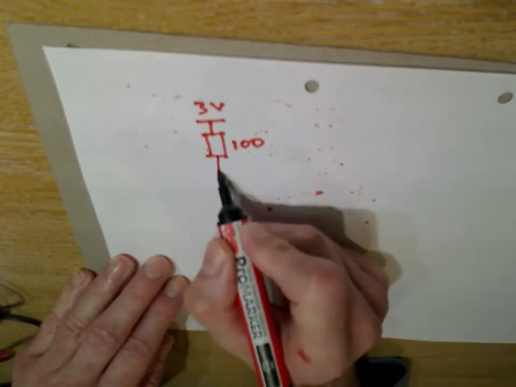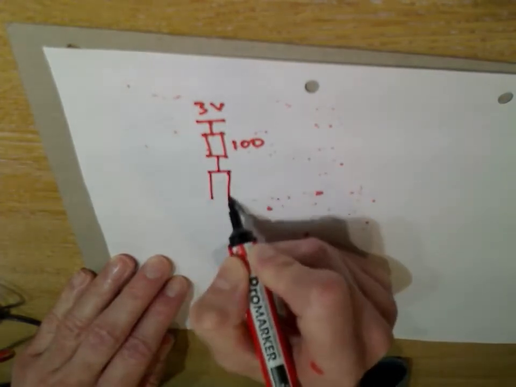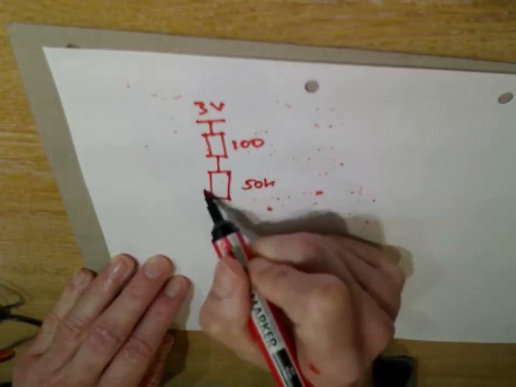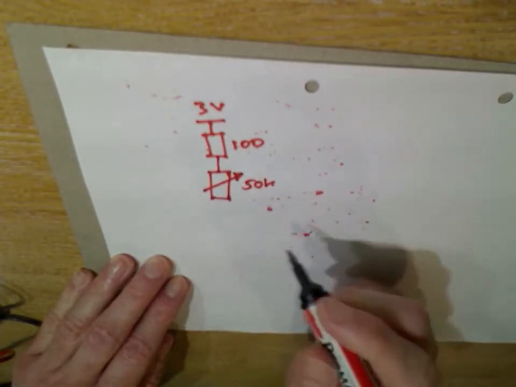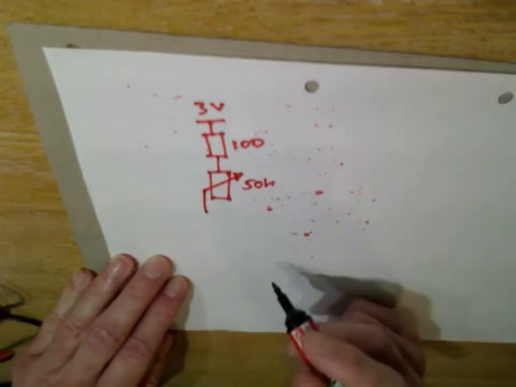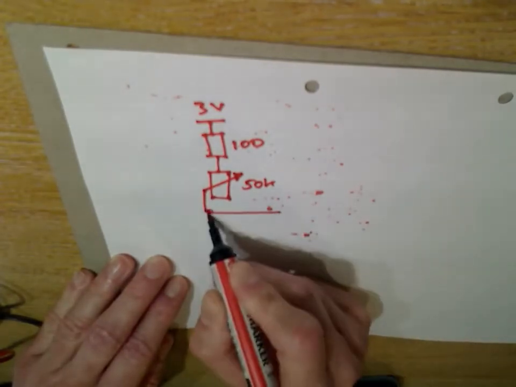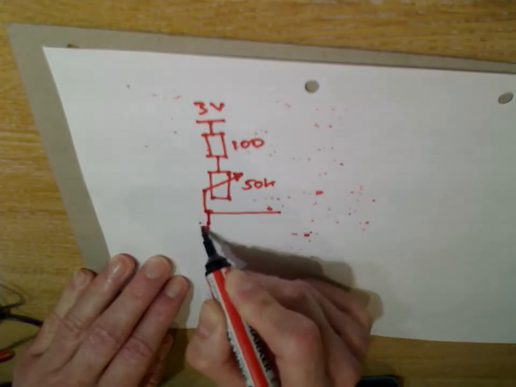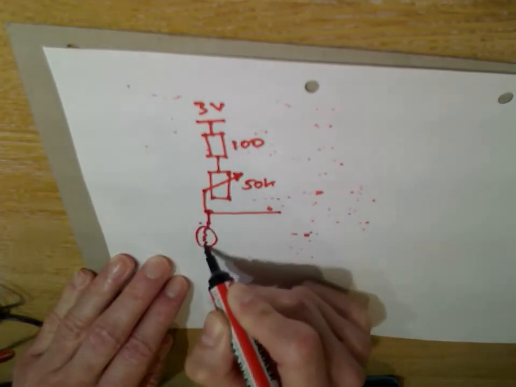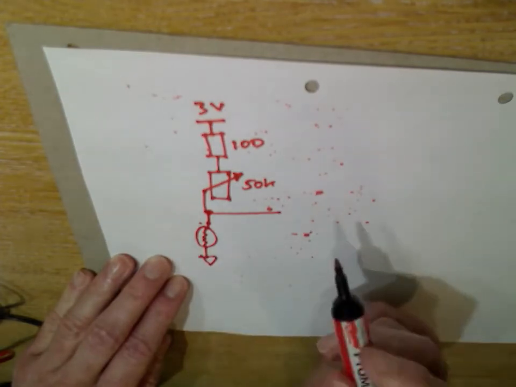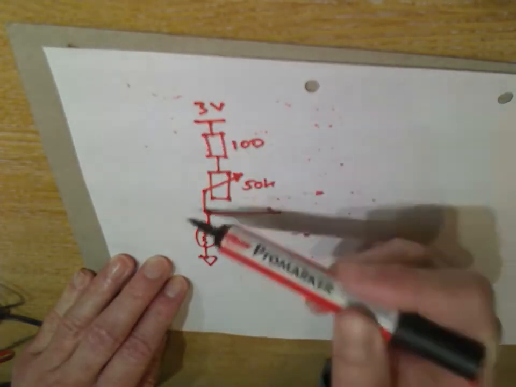Then we have a variable resistor which is 50k. I'm going to split the circuit out, put our photocell. This goes to ground. So we've got a voltage divider here,